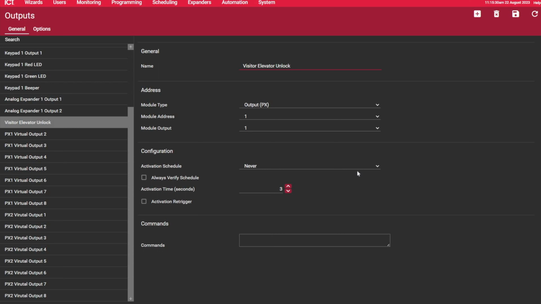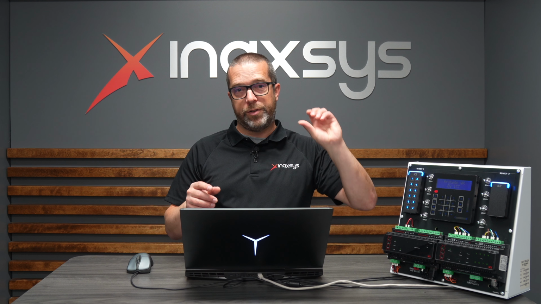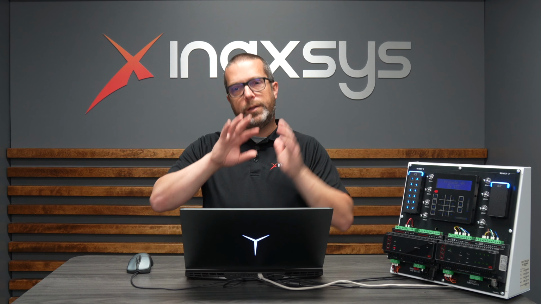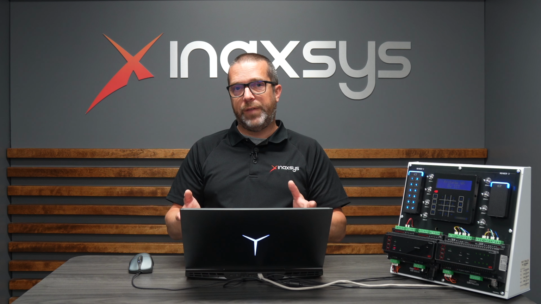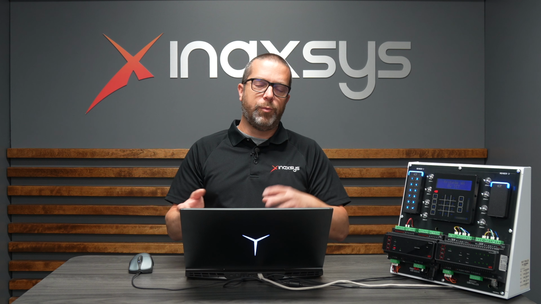Okay, so what we're doing is we're going to follow this change of state of that output. So when the output is off and turns on, then the floor will unlock, or the floors will unlock for 2 minutes. Now, I'm assuming that you already have the elevator system programmed,